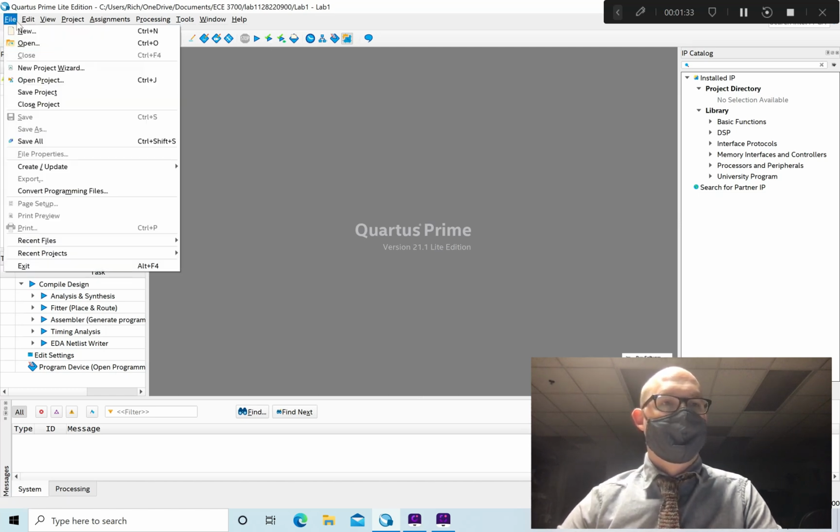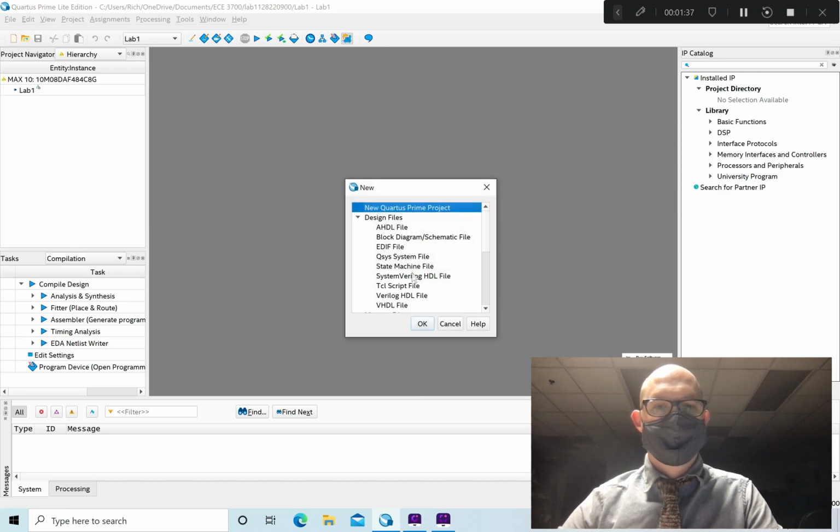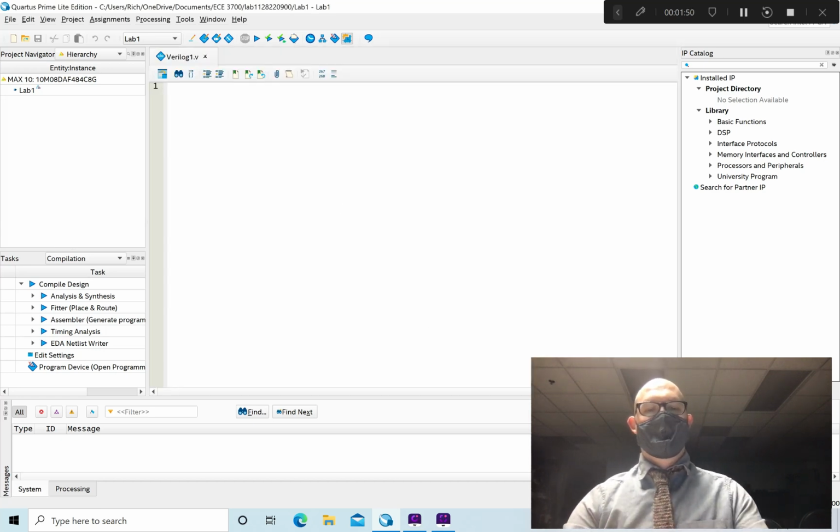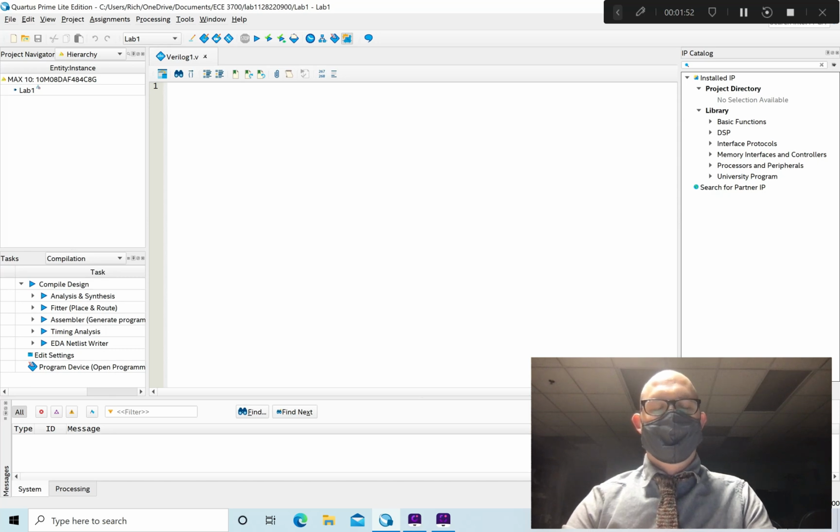So we're going to begin by creating a new Verilog file. You can file, new, and choose under design files Verilog HDL file, not VHDL. That's a different language. Verilog HDL. All right. So inside of Verilog, one of the important things to know,